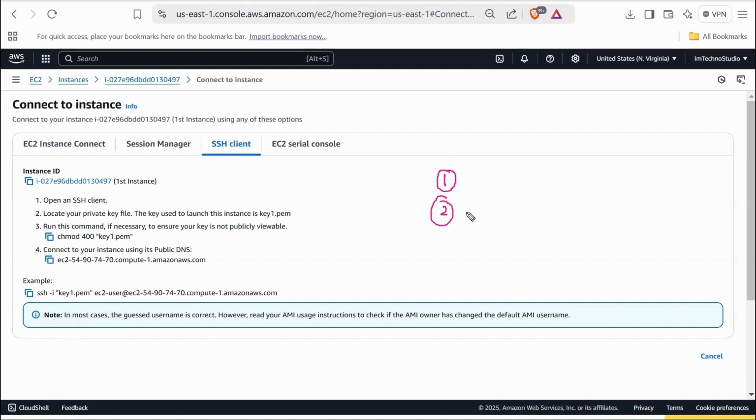Ensure you have access to the private key file which you downloaded when launching the instance. The instance must have a public IP address to allow remote access. The instance security group must allow SSH traffic on port 22. Once you meet these requirements, you can use the SSH client to securely connect your EC2 instance and manage it